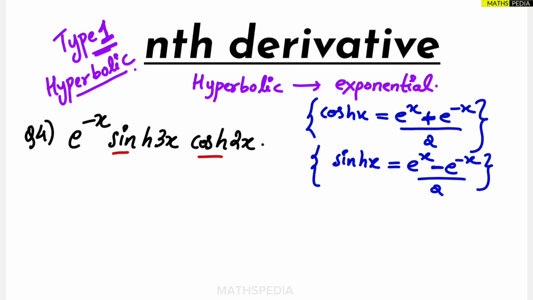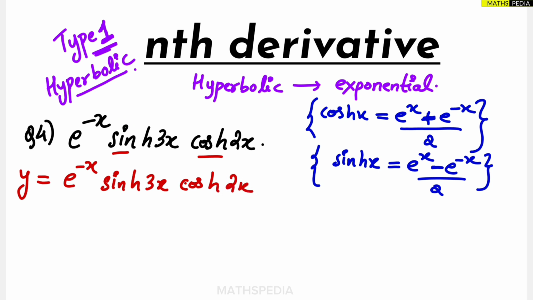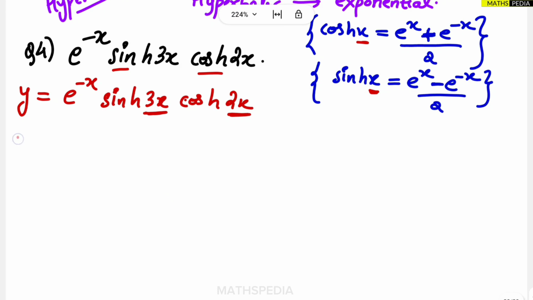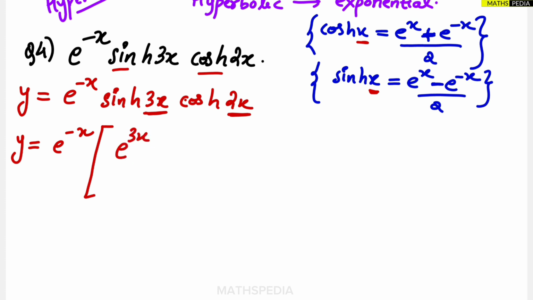So let us assume that this particular thing is y, e power minus x sinh 3x cosh 2x. So we have to first simplify y, then we'll find out yn, which is the nth derivative. Here in place of x we are having 3x, and in place of x I am having 2x. So it will become e power minus x outside. Now sinh 3x I'll convert, it will be e power 3x, because in place of x I am having 3x, minus e power minus 3x by 2